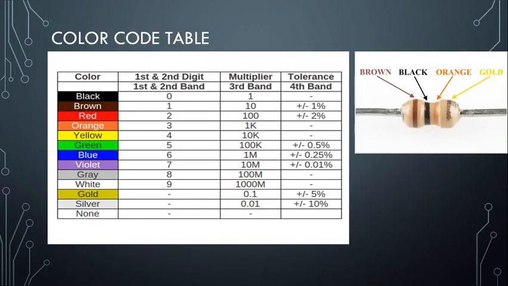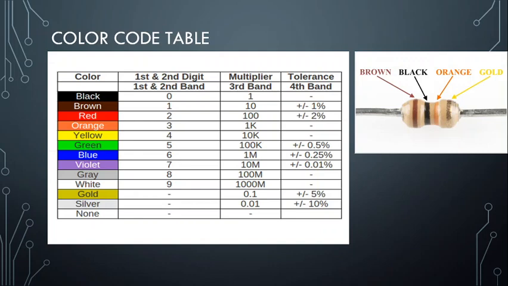Here you can see in the image one resistor, and you should start reading values from the first band, which is brown, second is black, third one is orange, and last one is gold. So the first two colors represent the resistor value. In this case, brown and black represent the resistor value. The third value represents the multiplier, and the fourth, gold or silver band, represents the tolerance or precision of the component. Here it is given a gold band.